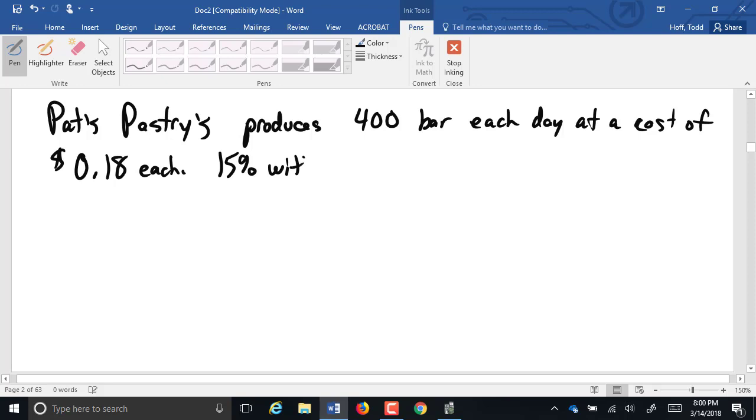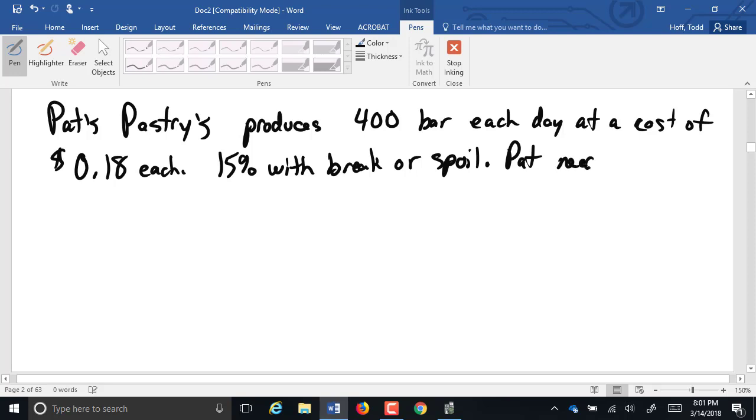15% will break or spoil. Now, in this case, spoil means they go past the day old. So it's not like they're moldy and nasty. They just didn't sell on that first day. What's that? Yes, depends on their standard. Quick Trip, I think they sit there for a week or two, don't they? Yeah. So anyway,